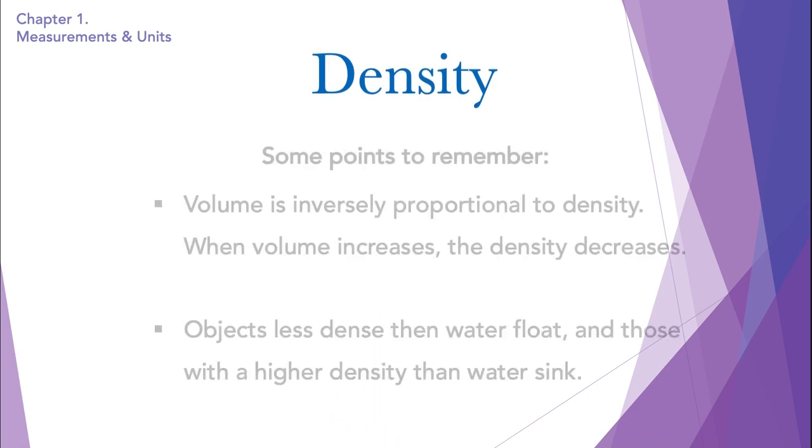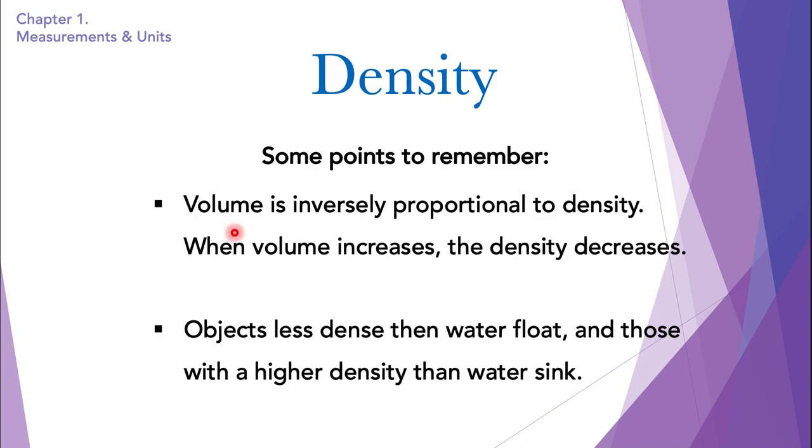So here are some points to remember about density. Number 1, volume is inversely proportional to density, which basically means that when volume increases, the density decreases, and when volume decreases, the density increases, only if the mass is kept constant. So if an object's mass is, say for example, 50 grams, and the volume is small, the density of the object would be more. And if the volume increases and the mass remains the same, 50 grams, the density would decrease